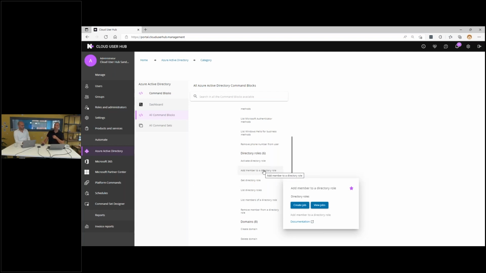the add a member to a directory role that would elevate them into the role. Yeah. But you also have remove member from a directory role. Well, you can compose that. So you can create schedules and making sure that that process is being done. So you can have them elevate in and out. And you can imagine the flexibility that this concept will bring. And again, you don't need to have the knowledge about how that PowerShell script looks like.